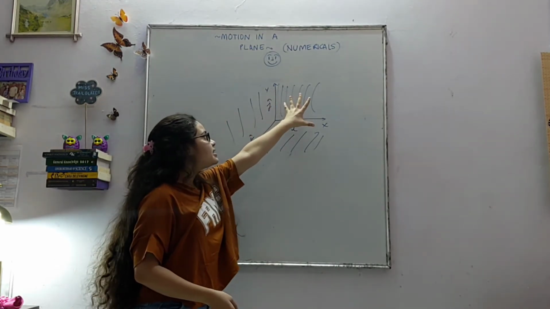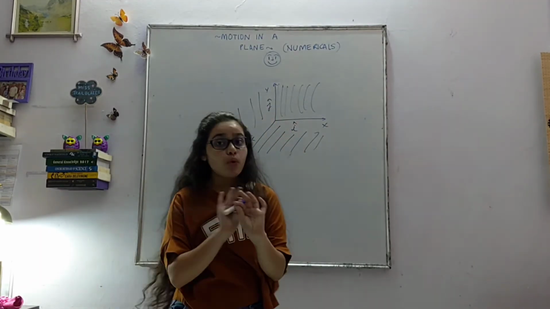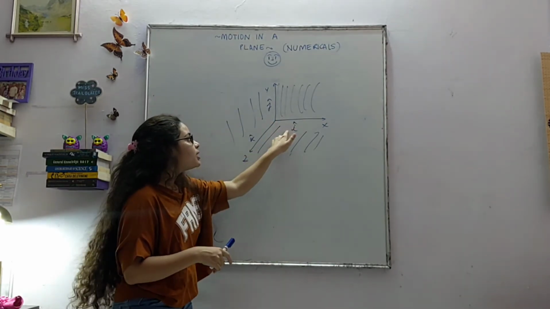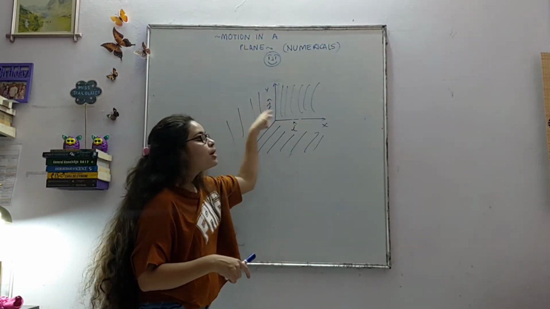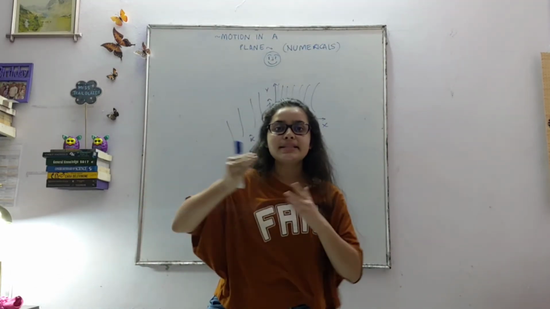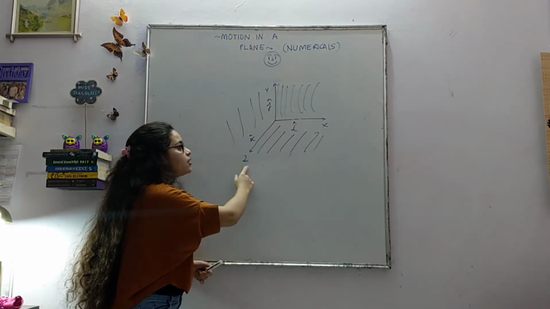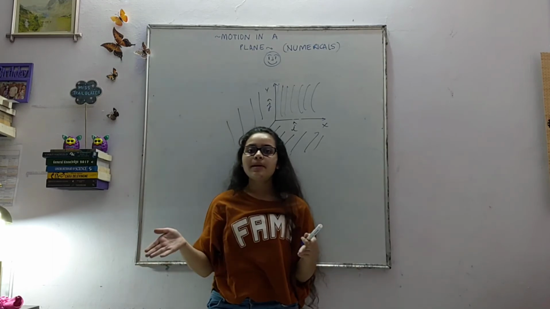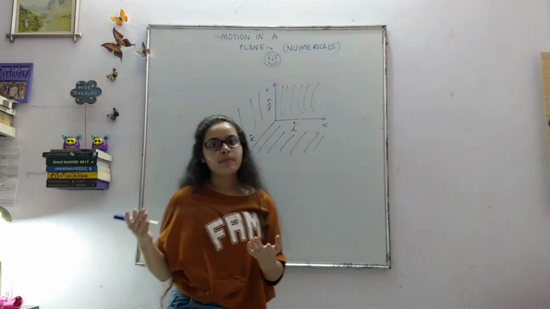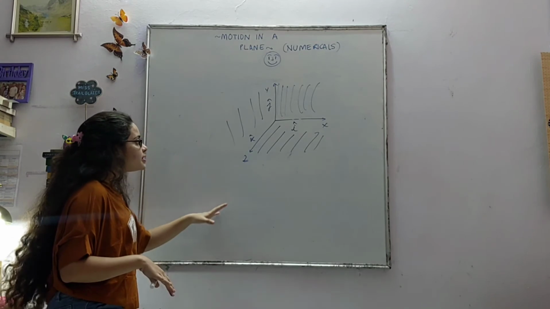I'll repeat it once more, no worries. XY plane is this plane. Whenever you see vectors with I cap and J cap only, exclusively I cap and J cap, what do we call this? This is X component and this is Y component. So when you see X component and Y component together, it is said to be in XY plane. Similarly, when you see x component and z component together, it is said to be in xz plane. When you see z component and y component together, it is said to be in the yz plane. That is it, basically very simple. Okay, I hope you understood this part.